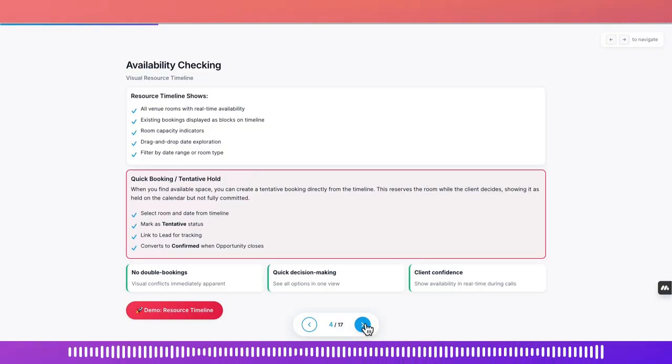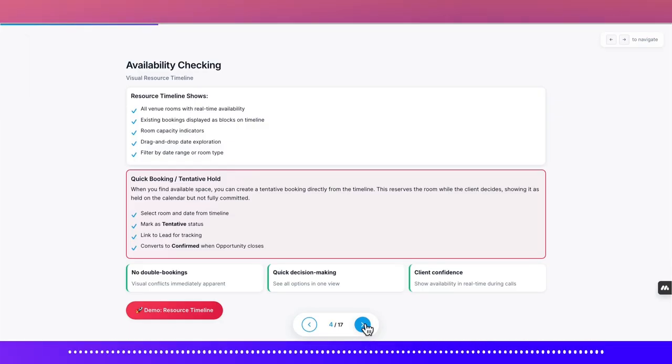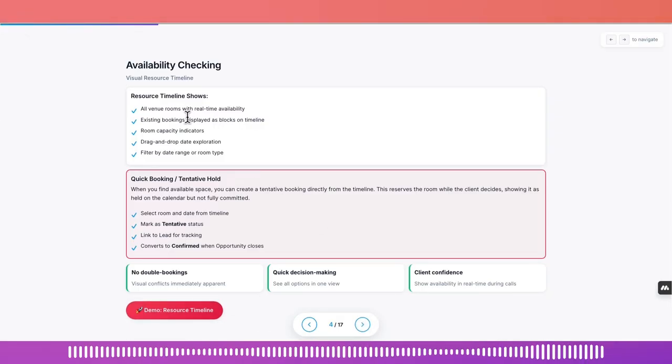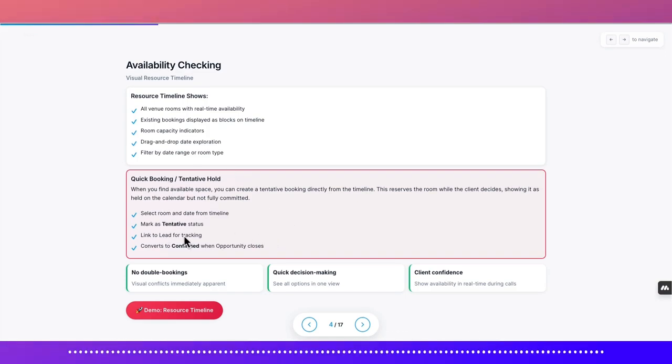So the next thing is availability checks. So when a customer inquires, they'll quite often have a particular date in mind or a set of dates, and you might need to check and make sure that you have availability. You might also want to tentatively hold a date whilst a booking's being made. For that,